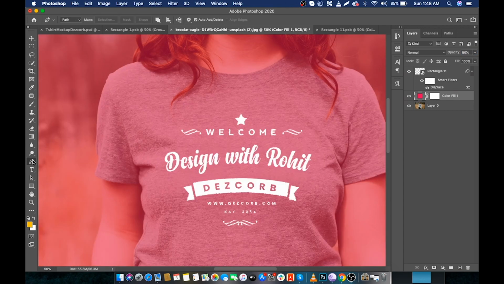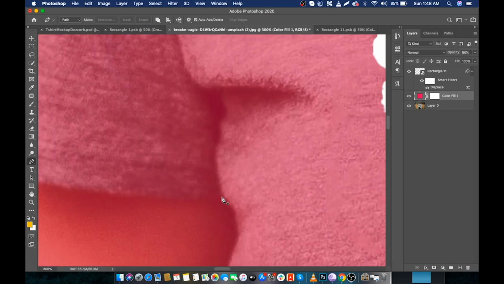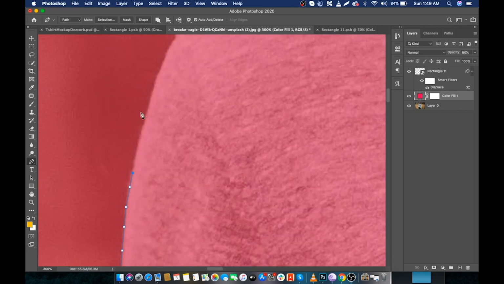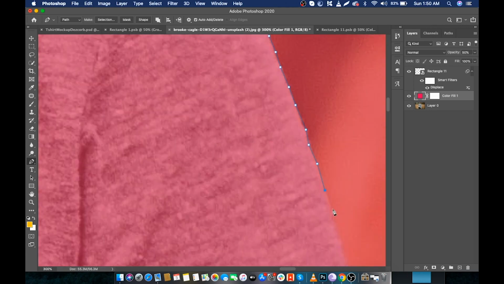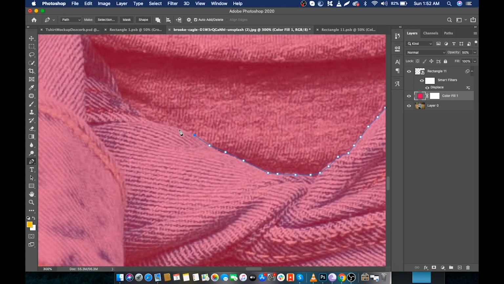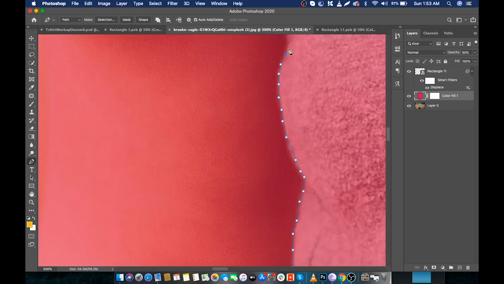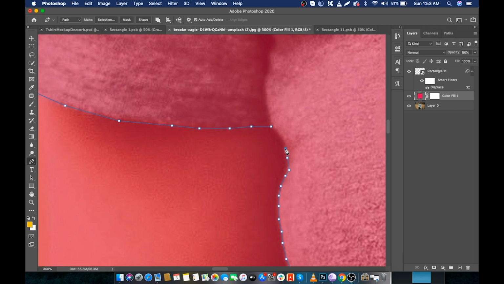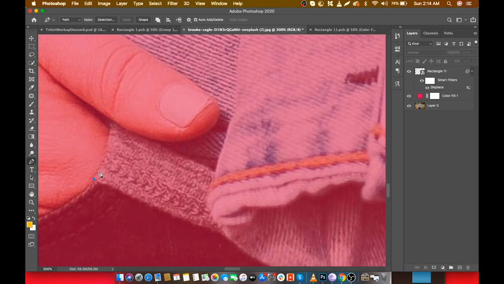Select the pen tool and make a selection of the t-shirt carefully. Guys, the more time you spend on making the selection, the more accurate it will become. Make a selection of the rest of the t-shirt which is left.